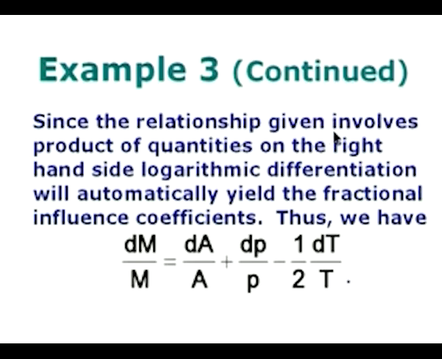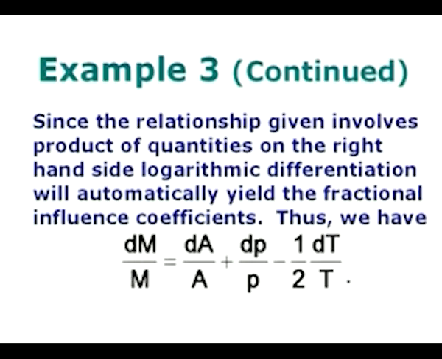And if you look at this next slide, the relationship between the various quantities given is in the form of a product of quantities. That means m equal to a into p divided by square root of t. It involves a product of these, and therefore I can do what is called logarithmic differentiation, and that is shown here. So, what is logarithmic differentiation? You take the logarithms on both the sides,